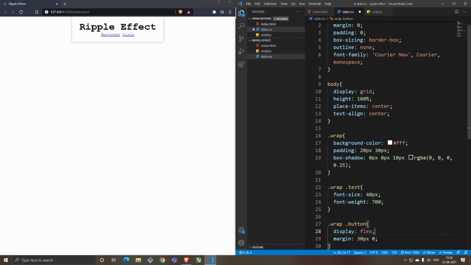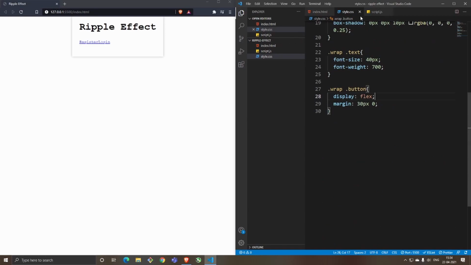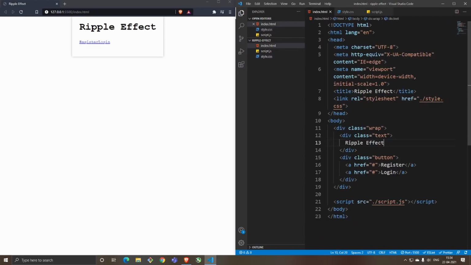So you have that, and there's a margin. You can think of margin like a notebook margin. So once you save it, you have it in flex, so it's towards one side. Now using more CSS, we can go around with the styling. Next off, we'll go and style each of these a tags inside the button.